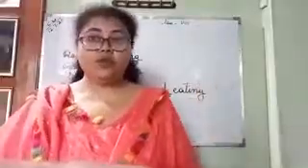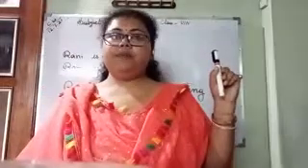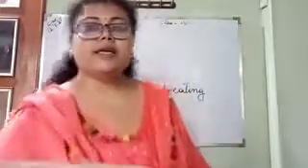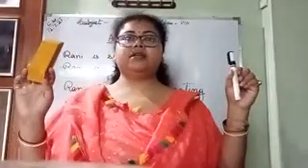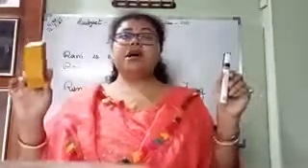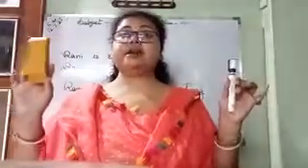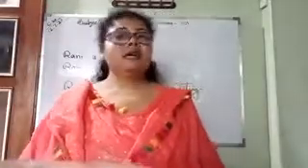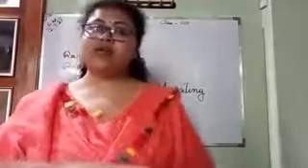After that, we are going to practice some questions. Okay? Like, suppose I have a pen. Then I can say I have a pencil. Or I can say I have a duster. I have a pen. I have a duster. For joining them, how can I say? I can say I have a pen and a duster. Understand how to use and? Now we are going to do it in our classwork copy.